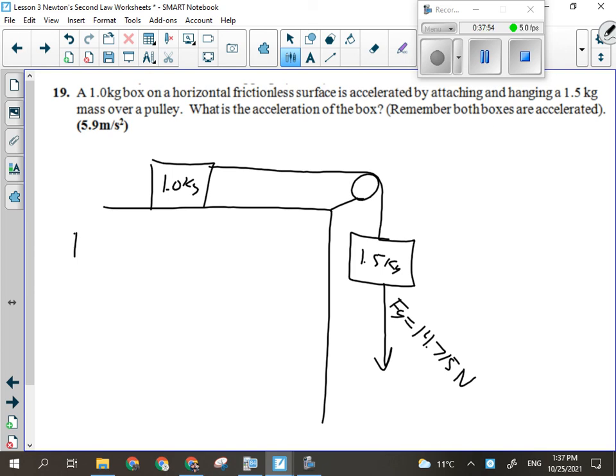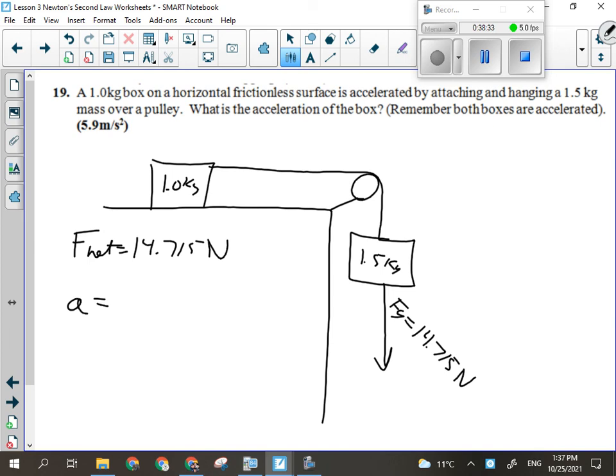So we just did the sum of all forces. F net equals 14.715 newtons. Can I calculate the acceleration of the box? How do I do that? It doesn't specify which box. Does it have to? Actually, it does. It should say the 1.5 or the 1.0, for this reason: their vectors are different, their magnitudes are the same. The magnitude of the acceleration of each box is the same, but it should specify which box so I could give a vector. In this case, it should say what's the acceleration of the system, because it doesn't tell me which box to